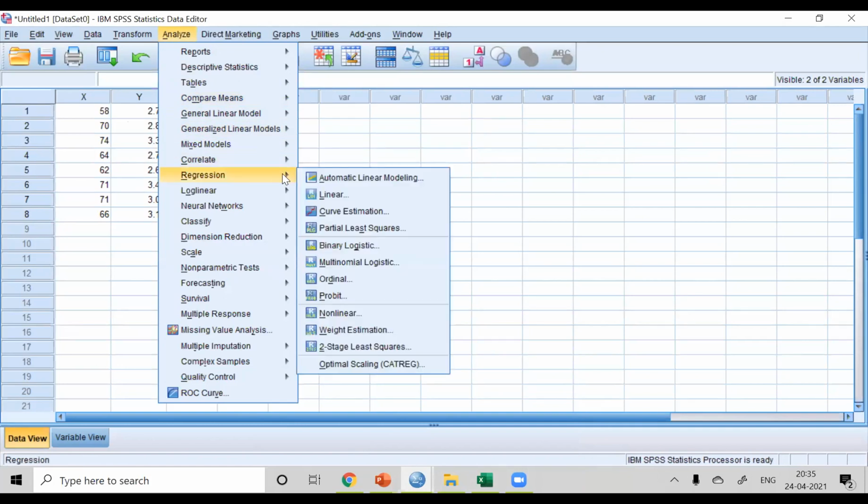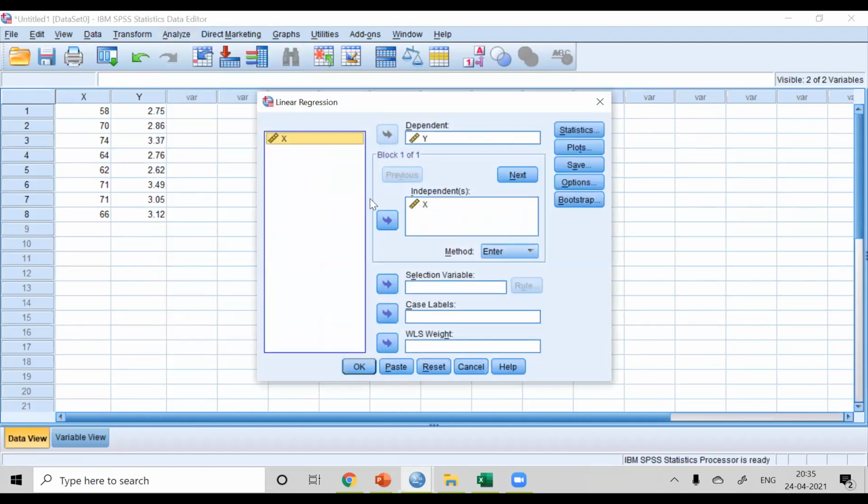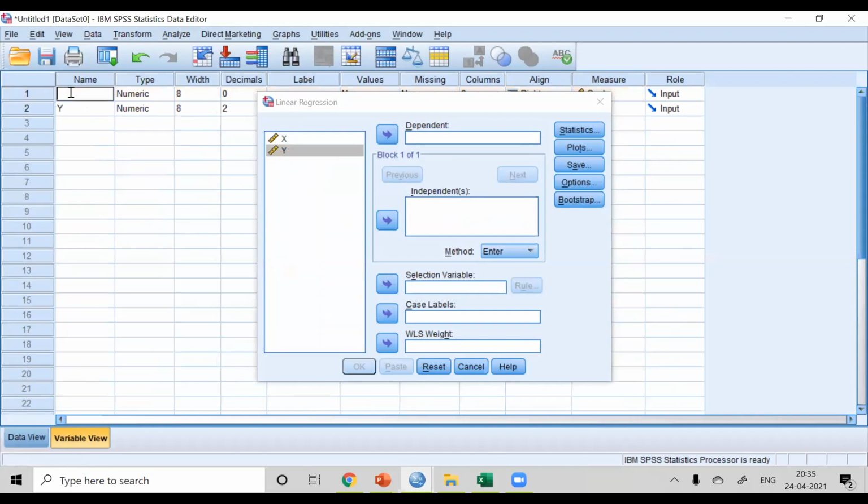So in SPSS, go to Analyze, Regression, Linear. So we have the dependent variable and the independent variable. For the time being, I just renamed them as plasma volume and weight. So the dependent variable is weight, the independent variable is plasma volume.